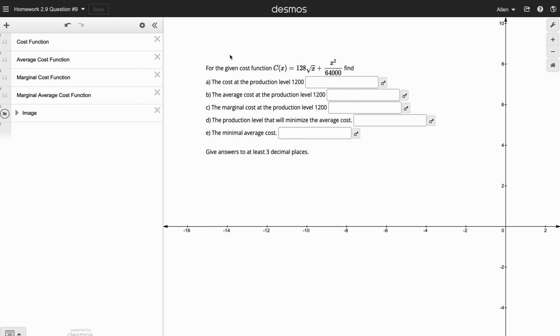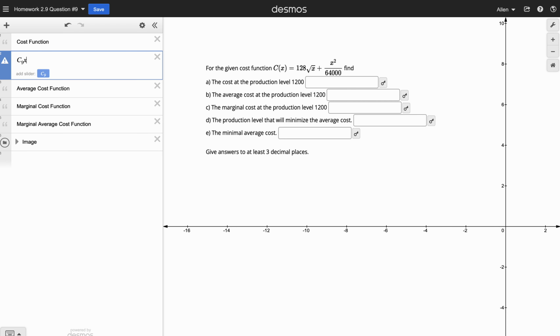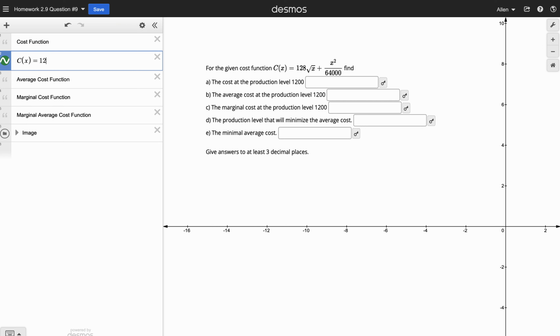I added an image of the actual question here in the middle of the graph, and then on the left in the entry portion of the screen, I just put some labels in so you can see where I'm going to put some things. So let's start by adding our cost function in, and all I do is just hit enter and it gives me a new entry blank where I can put an entry. I'm going to name the function c of x just like it looks in the question, 128, and then square